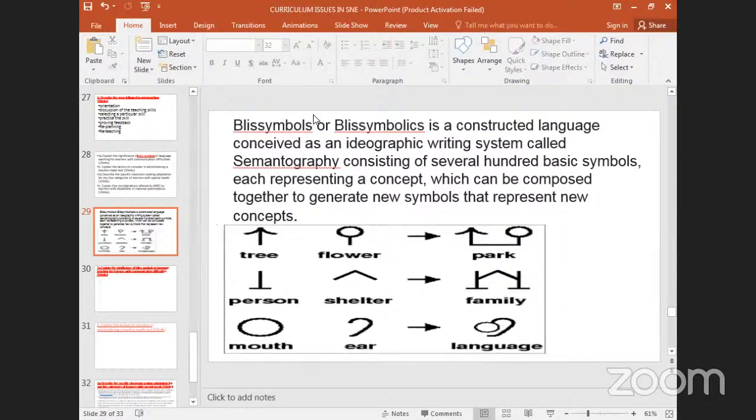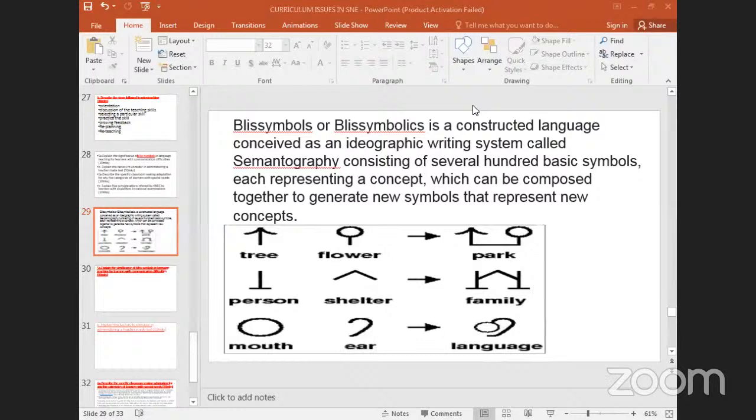Yes, so these are the signs for the Bliss symbols. These are constructions of a language writing consisting of several hundred basic symbols, and each represents a concept. So they can be composed together to generate new symbols that represent new concepts. So that is when we talk about the Bliss symbols. And these Bliss symbols, depending on how you want to use them,